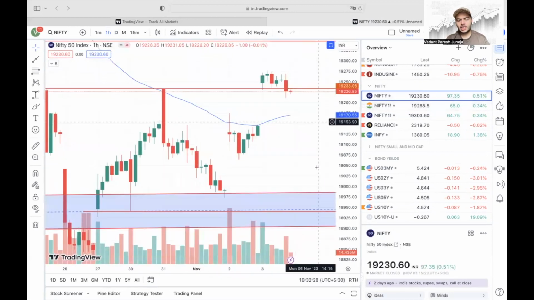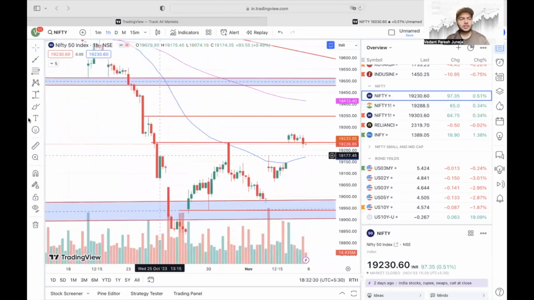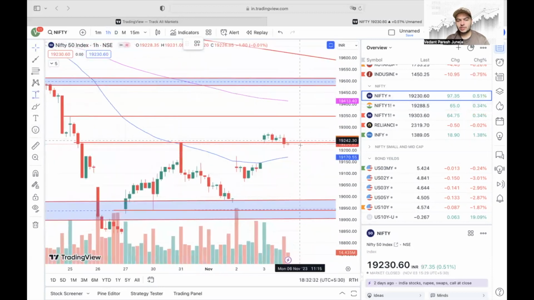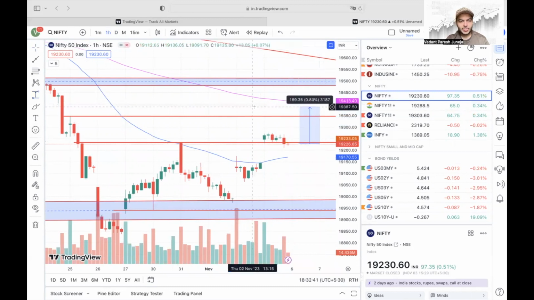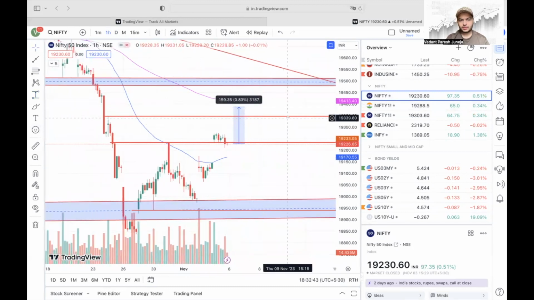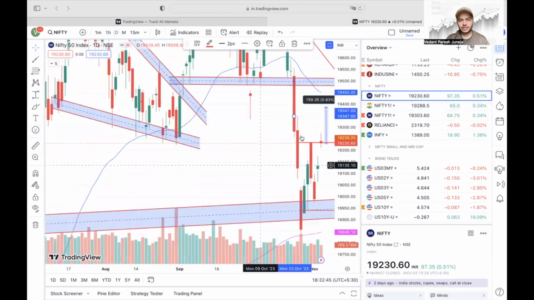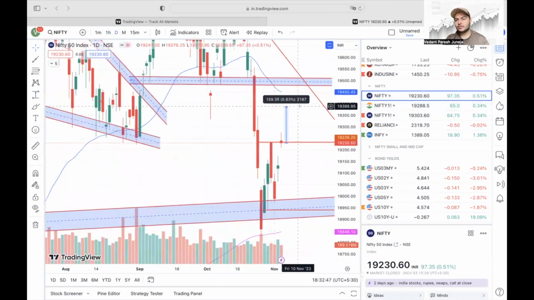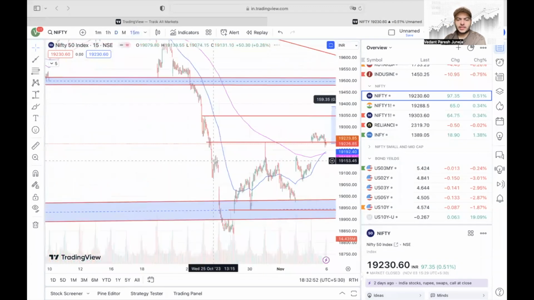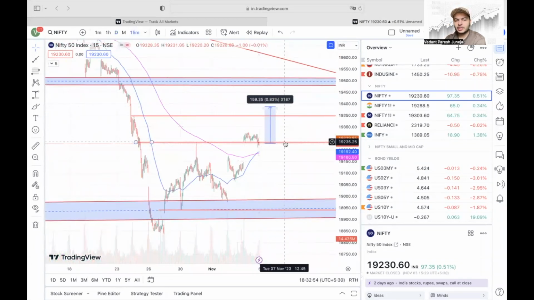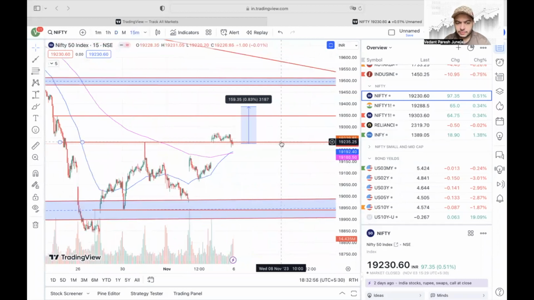So I believe that we are opening gap up on Nifty tomorrow. We might open a gap up of around 167 points, somewhere around here. So yeah, we might open gap up around here. Let's see what happens if the gap up fails. I think if the gap up fails and we come back below the gap